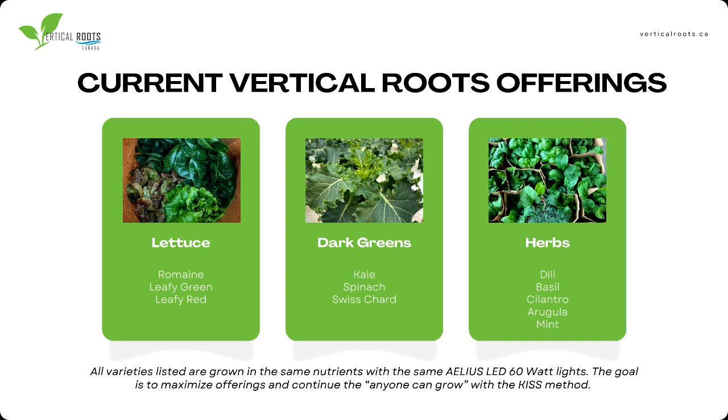But the offerings make it very viable for the farmer to, like Mike says, ask, would you like fries with that? So you get 2-pack romaine, which is a hot seller, but then they're like, oh, I'd love some basil with that. So then they add in, and now you're